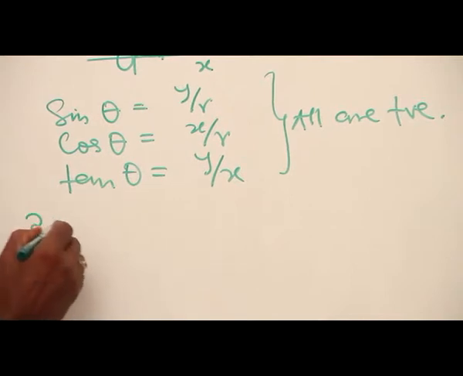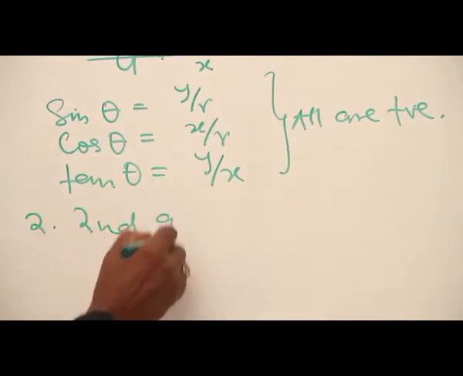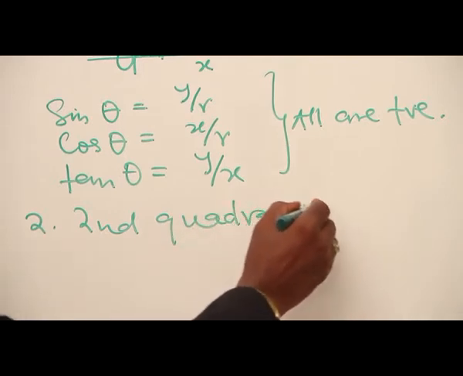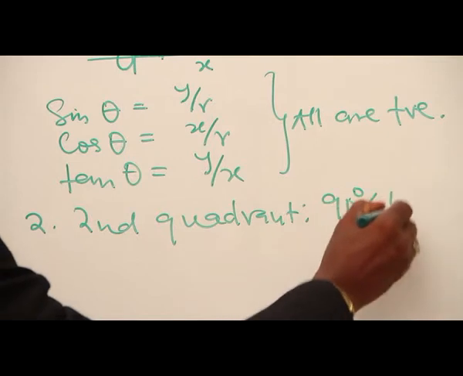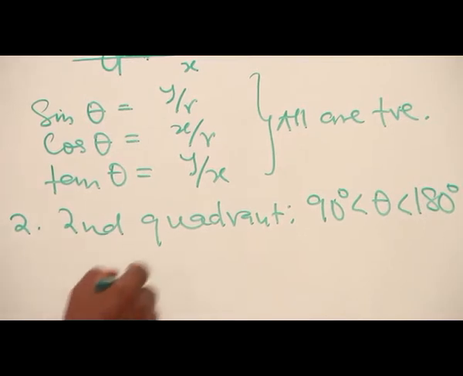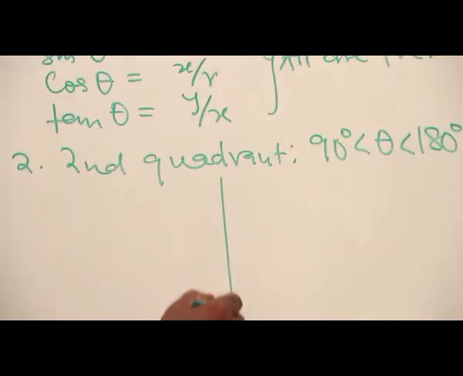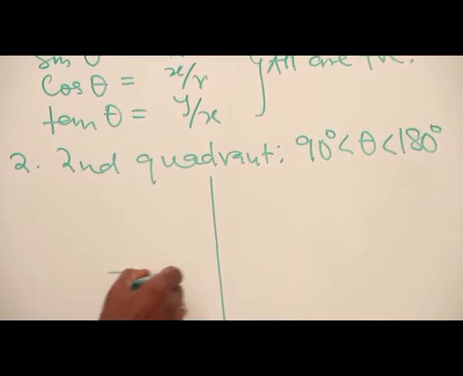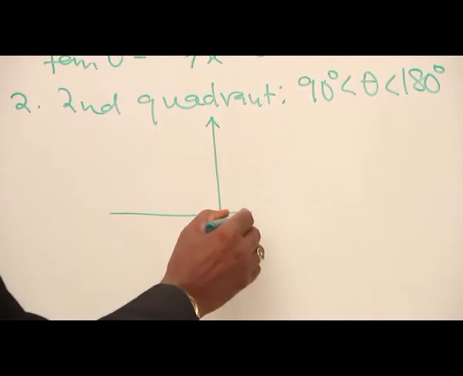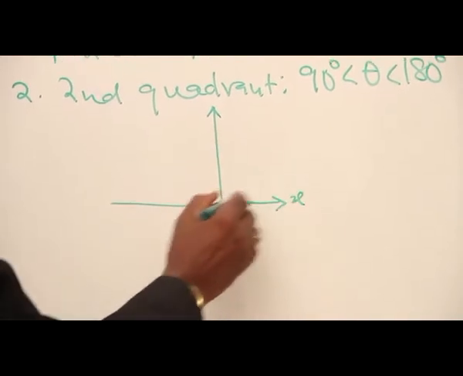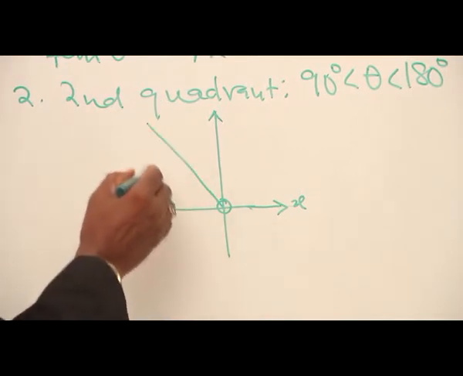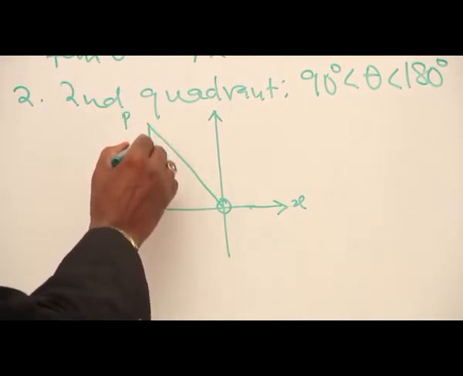Then we take the second quadrant. In the second quadrant, which lies between 90 degrees less than theta and theta less than 180 degrees, we will have our diagram changing position. This is our x-axis, and then we have the line OP has rotated,